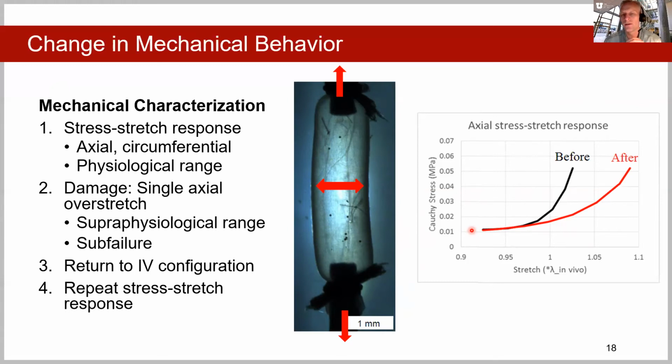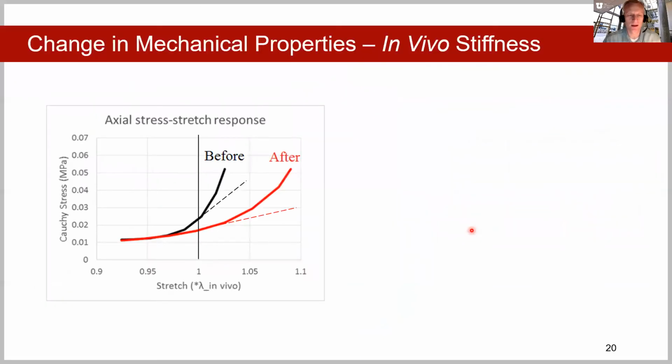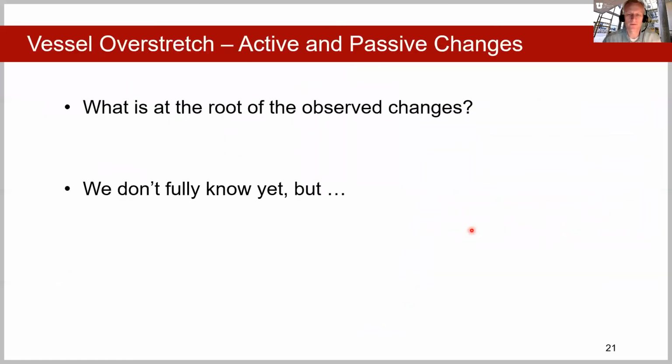And so again, you can imagine if a blood vessel experiences that kind of overstretch during a head trauma event, then the way that it performs in the body, the way that it performs its function in the brain thereafter, we would expect to change. Okay. All right, so I'm just going to skip through this next slide because I think I've given you the